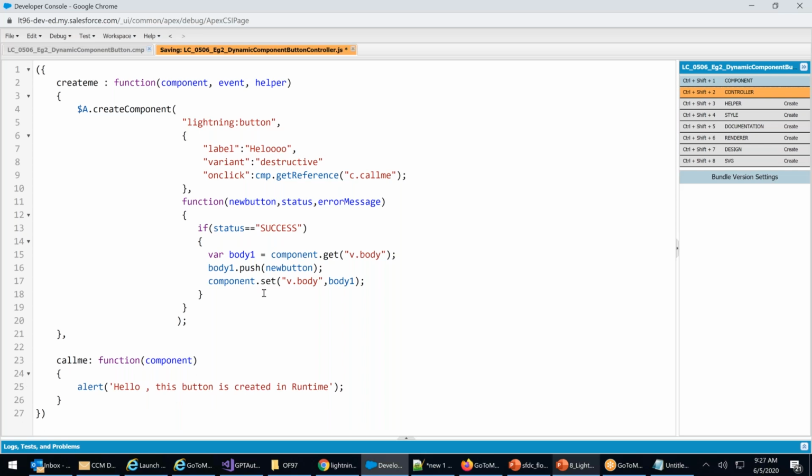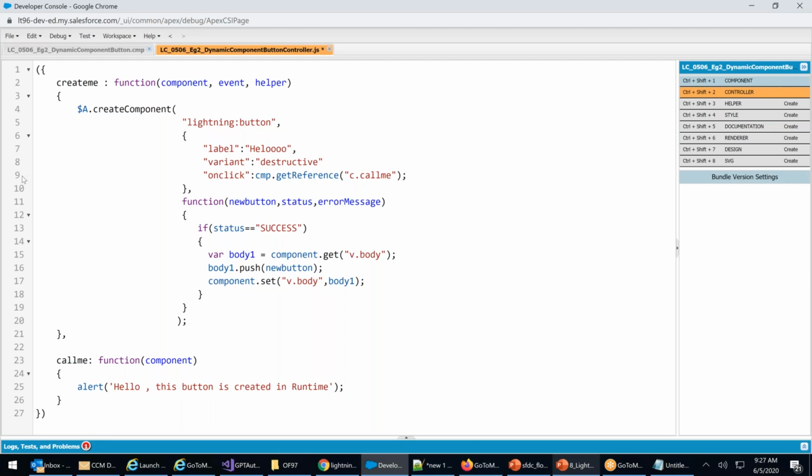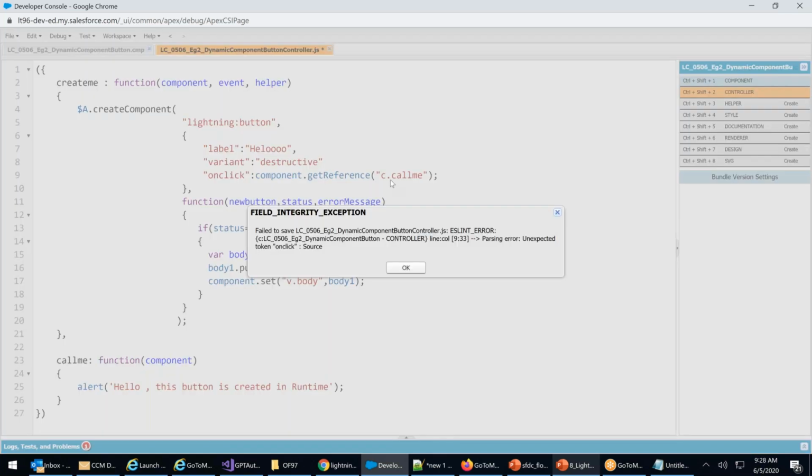Control S. Oh, there's a problem. Line number 9, I have used comp. That line also you have to change to component dot. Control S. What happened? Parsing error. On click, line number 9.